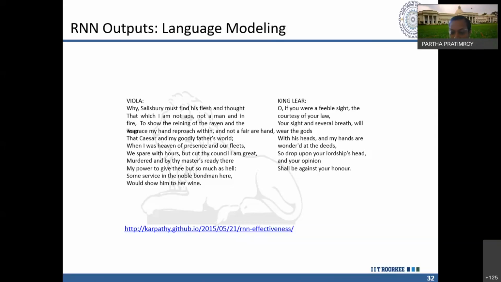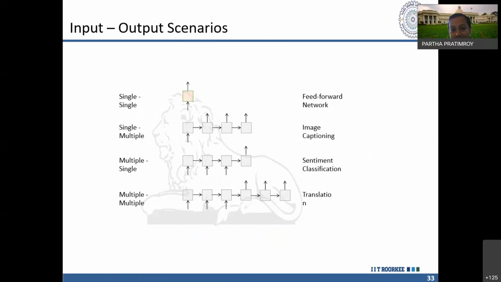So it works based on the in-context information. For example, you give a set of words from Shakespeare's books, and if it trains on that, it understands how the novel is written. What words they have chosen and how it is written. So based on this, if you give some words, then it will generate a sentence or paragraph. That's why this recurrent neural network is very important, right? And it's very effective in our day-to-day applications.